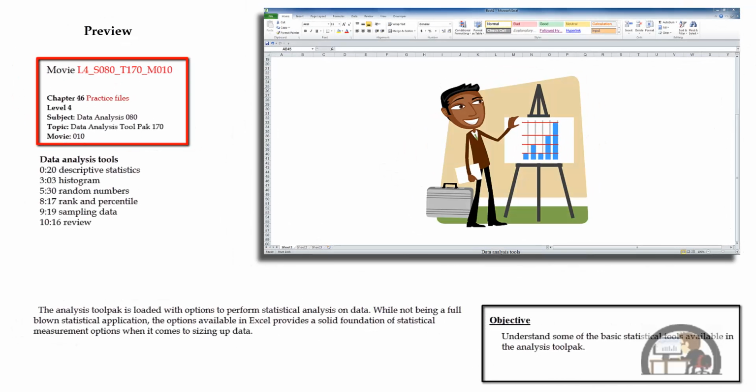We're going to talk about the Analysis Toolpak, which includes developing an array of descriptive statistics for your data. You can create a histogram, including a chart. The Toolpak has a random number generator. It provides some percentile and ranking information about your data, and it also allows you to do some sampling of